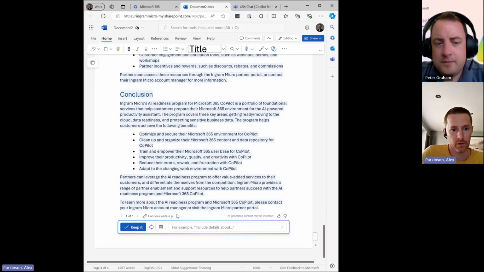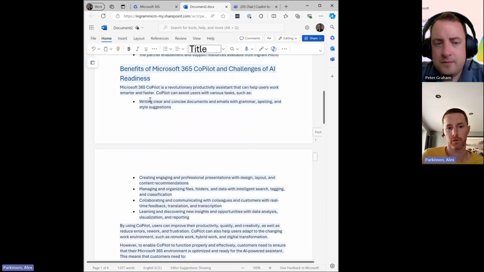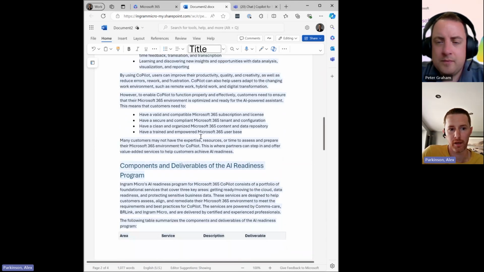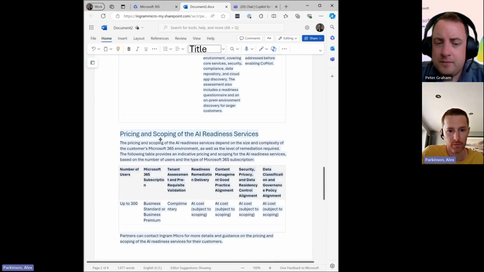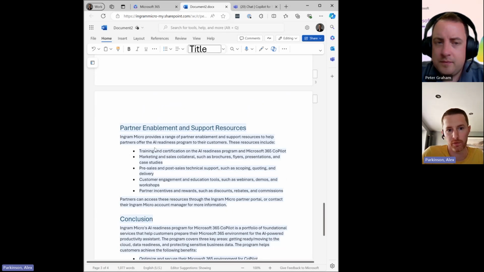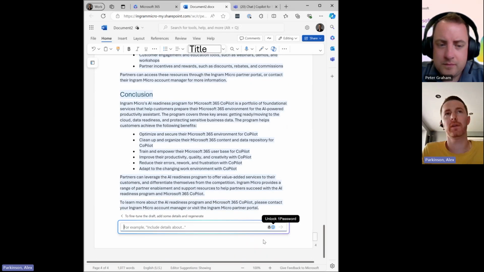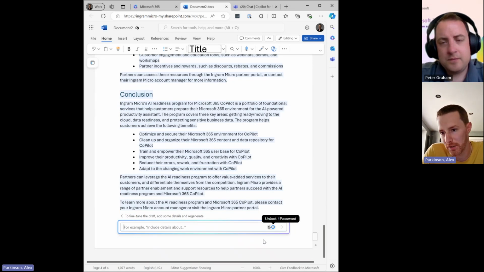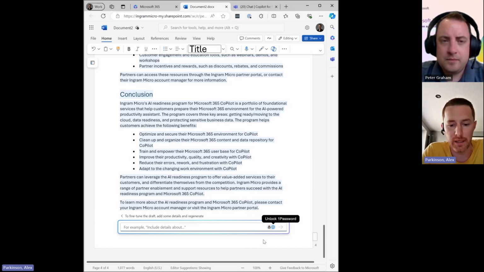So now we get into the conclusion. So here we can jump back, we can read through. So we've got an introduction, we've got the key benefits and challenges of AI readiness. We look at the components and deliverables of our program, how it's broken down. There's pricing elements, and also how we enable and support our partner base, and then bringing that to conclusion. Now, what's interesting from a demo perspective is then asking it to change the narrative. So this is written the response based on how it's read and interpreted the PowerPoint presentation. Now, what's always interesting is asking it something like, can you